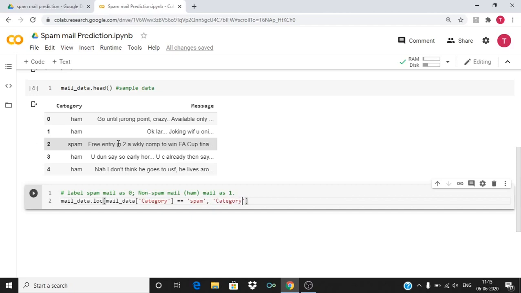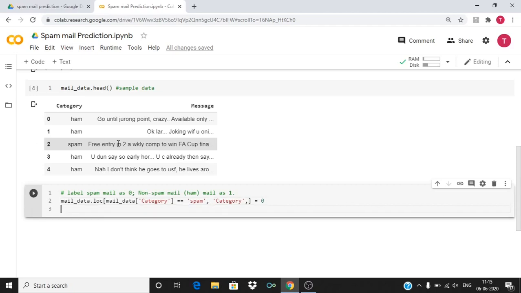Okay, is equal to 0. So this makes spam as 1, and now we need to give the label 1 for mails. mail data dot loc, mail data, same category, which is equal to ham. So ham mails are the non-spam mails.